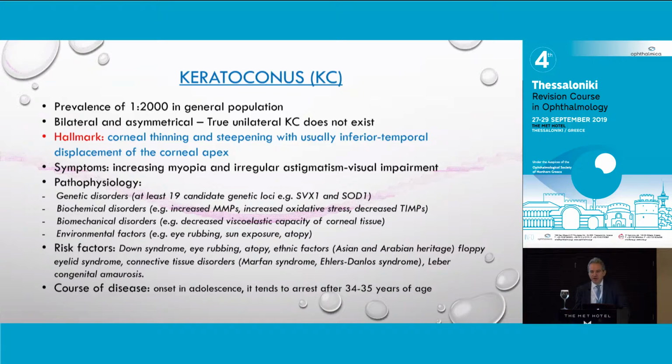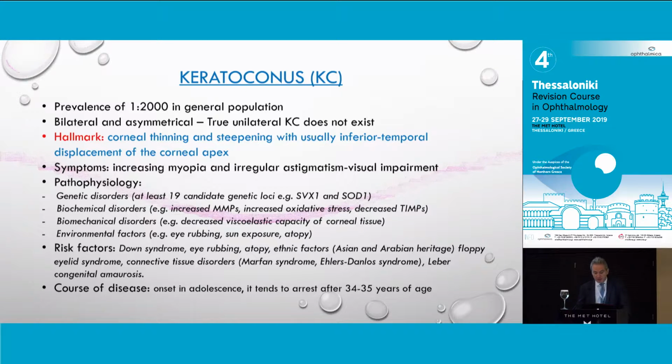Now, what can we advise our patients to do or not to do in order to prevent progression of keratoconus? The only thing they can do is stop eye rubbing. We know that eye rubbing is a major cause for progression of the disease, and there are also studies implying that it could be the trigger for development of keratoconus. Apart from this, it's nature that decides whether keratoconus will occur or not, and whether it will progress or